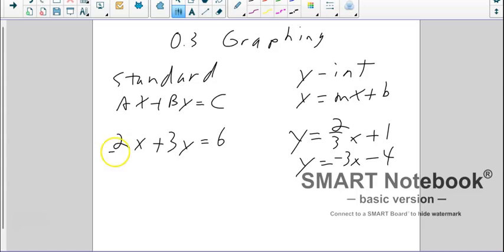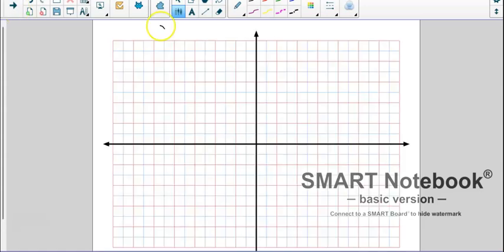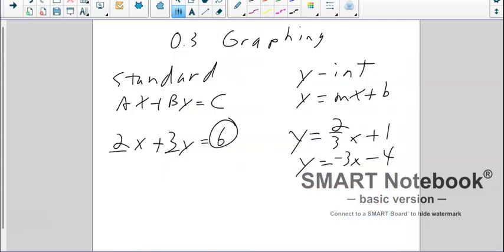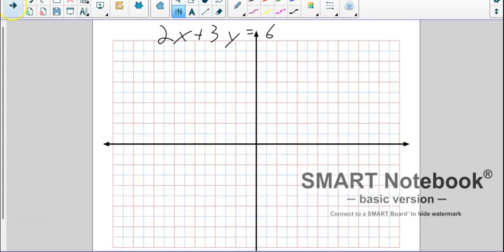Now, in standard form, as long as these two numbers are factors of this number, we can do what's called the cover-up method. Okay? So when we go to graph this, let's put it over here, 2x plus 3y equals 6. Okay? We talked earlier about x and y intercepts. Well, we're going to try to find those intercepts and put them on the graph. So if you think about it, the x-intercept is here or here or here, something like that. Okay? These points,